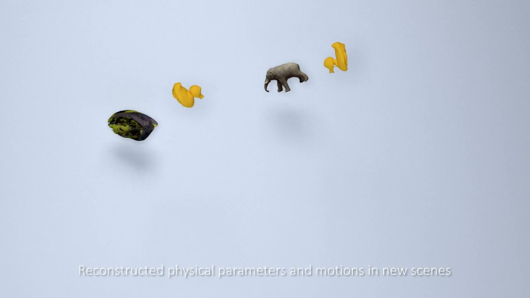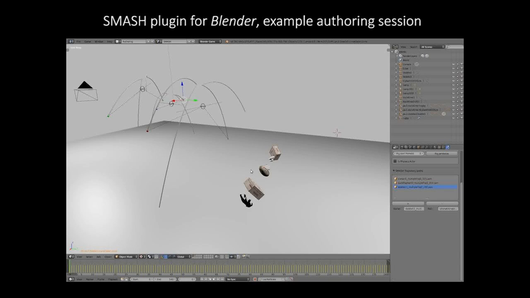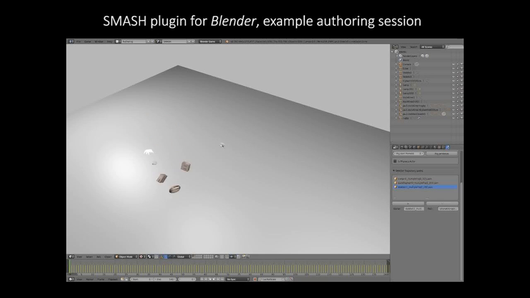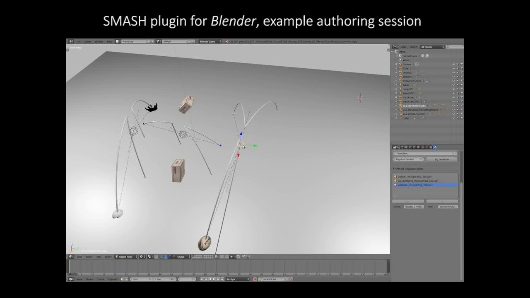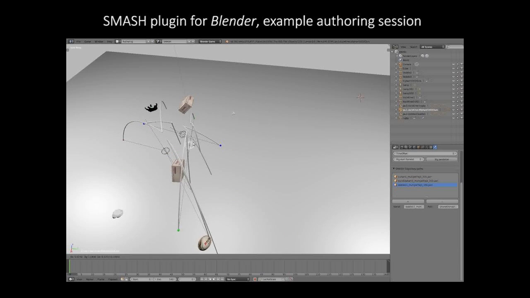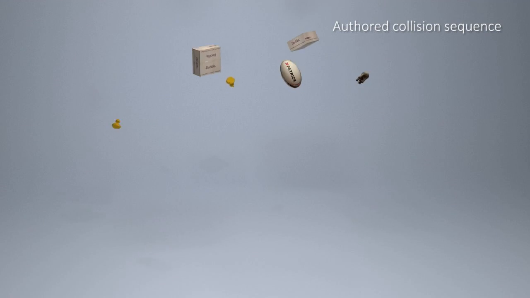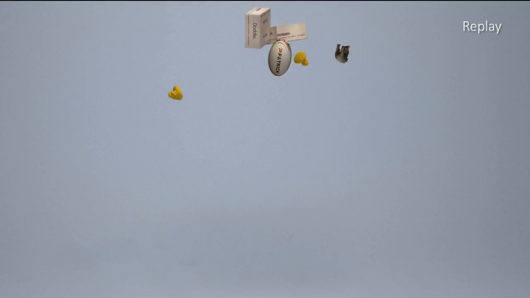We developed a Blender plugin to help author complex, novel collision sequences using the parameter estimates from real collisions. The plugin allows the user to combine several observed collisions, time them to synchronize, or even stagger the interactions. Note that the user does not have to guess physical parameters for the objects. They are automatically estimated during reconstruction. Based on our reconstructed solutions, the new simulations behave naturally, and the objects collide as we would expect them to do from their real-world